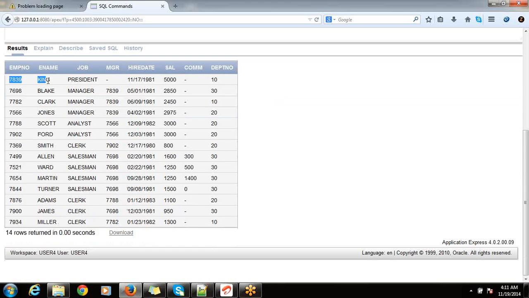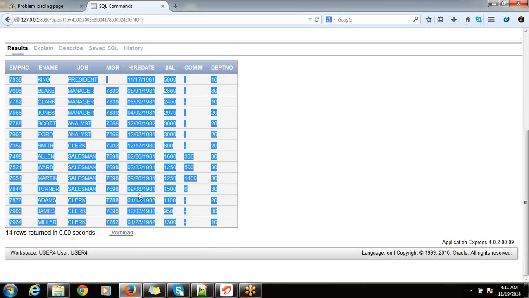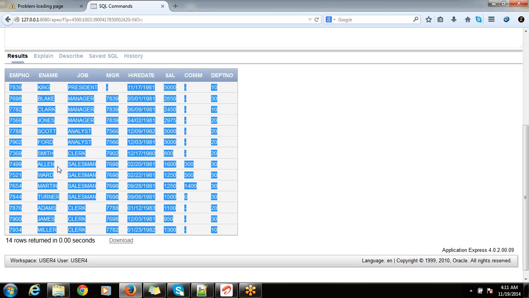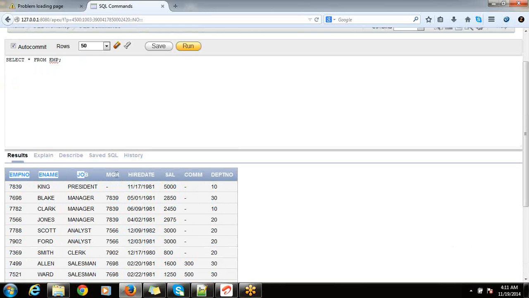So when we are writing select star, it means it will show the table with all columns. In the place of star, you can also go for selected columns. Of course, we will explore all those things soon. Star represents all columns in the table.